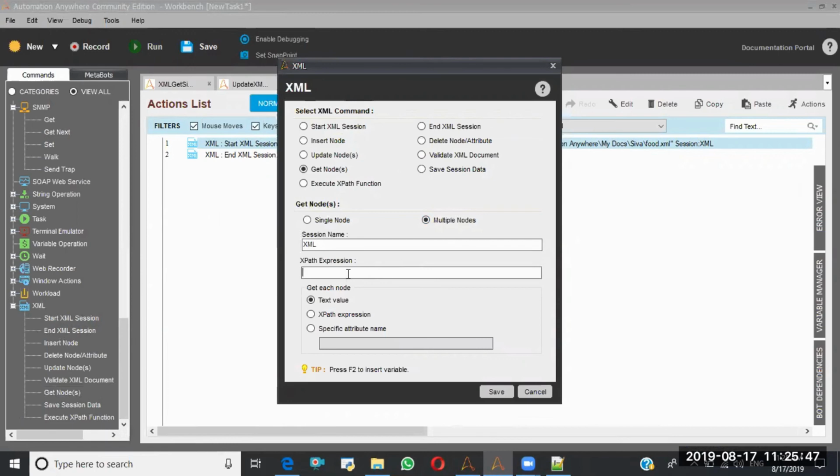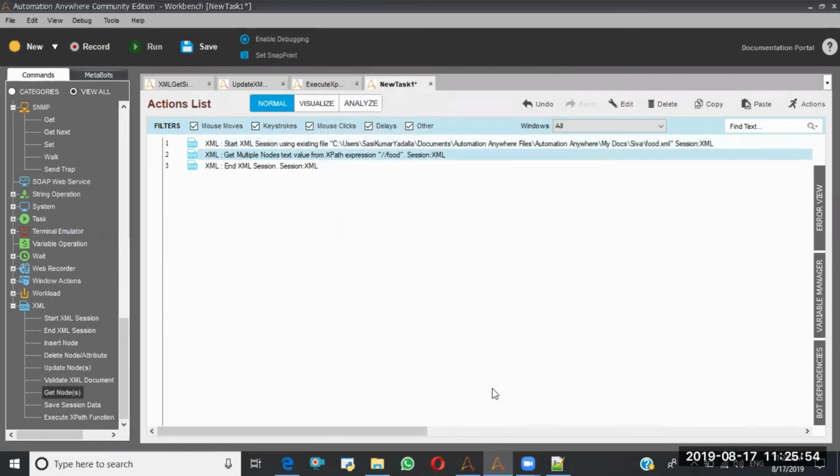I am giving the food is my XPath. Okay, I'm saving this. Once I save this, now I got all the food tag details into the buffer. Same like whenever we use the get all cells in the Excel, all the cells will go into the buffer, right? Here also, when we select the get multiple nodes, all the nodes will go into the buffer.